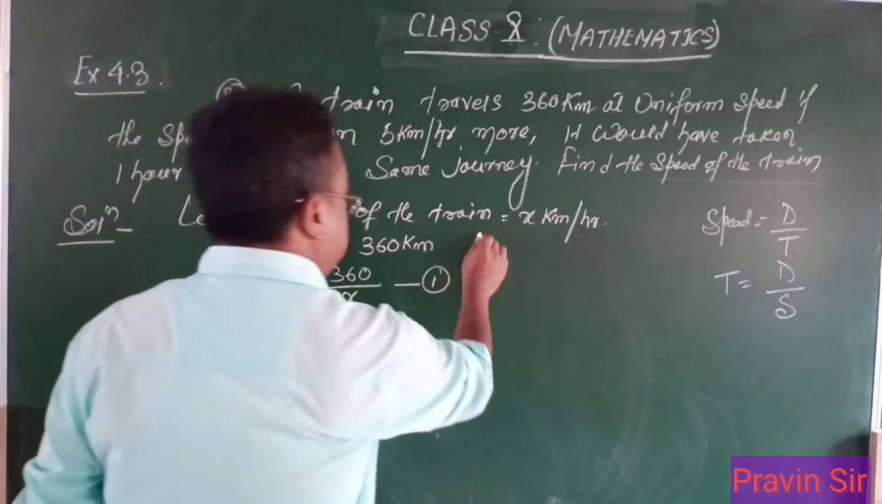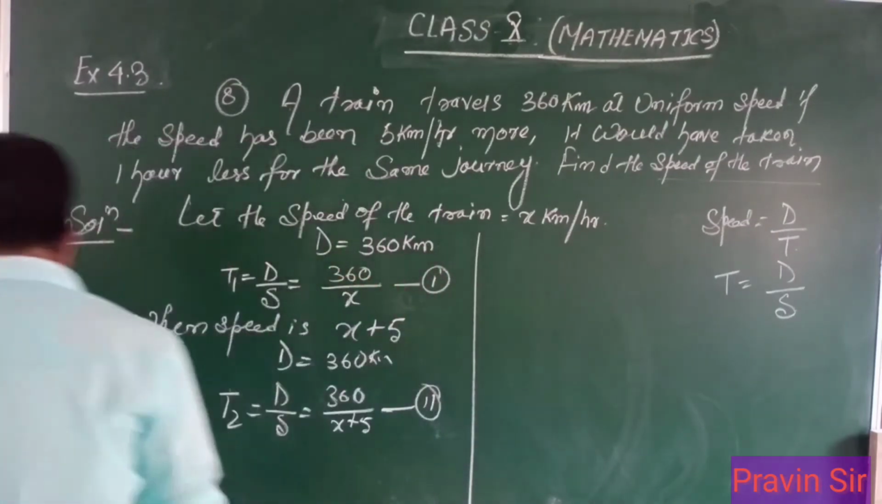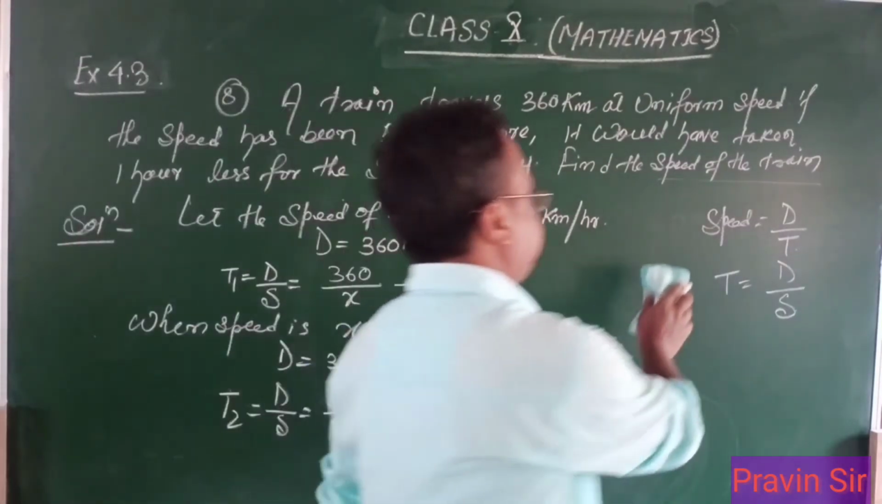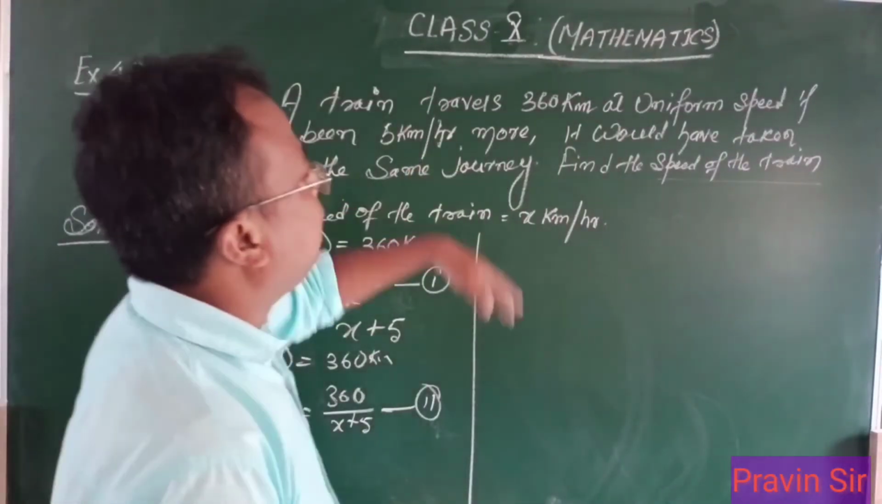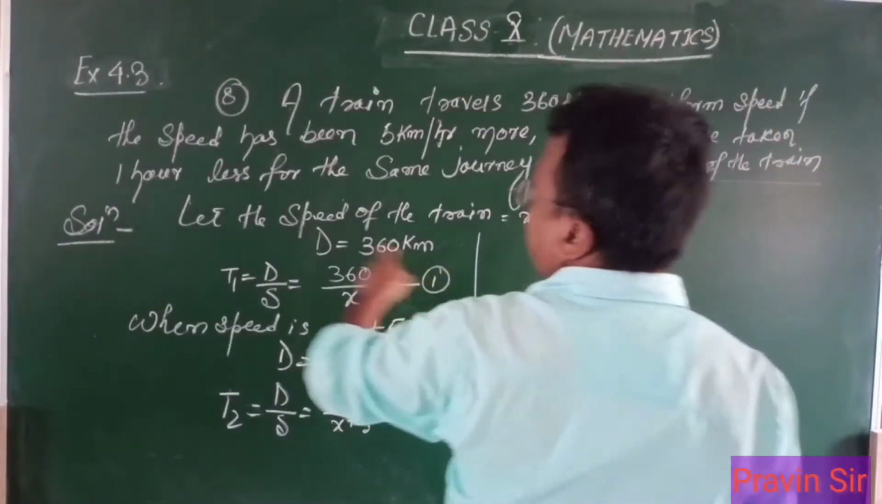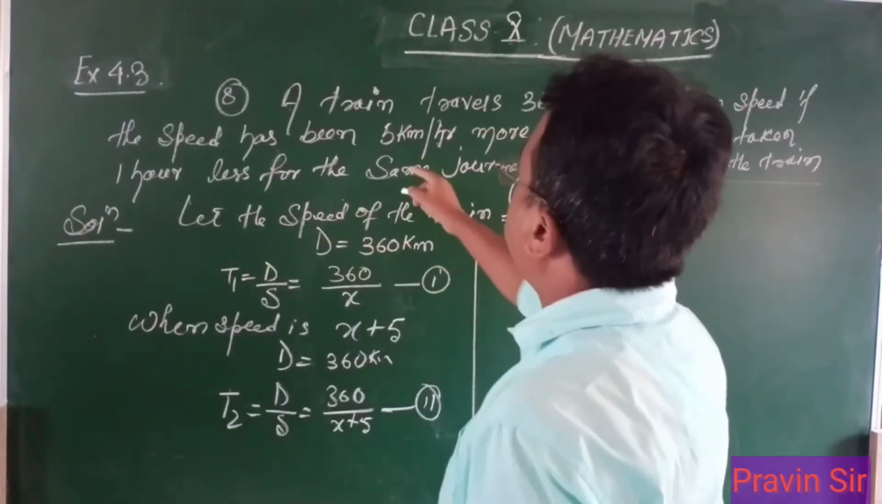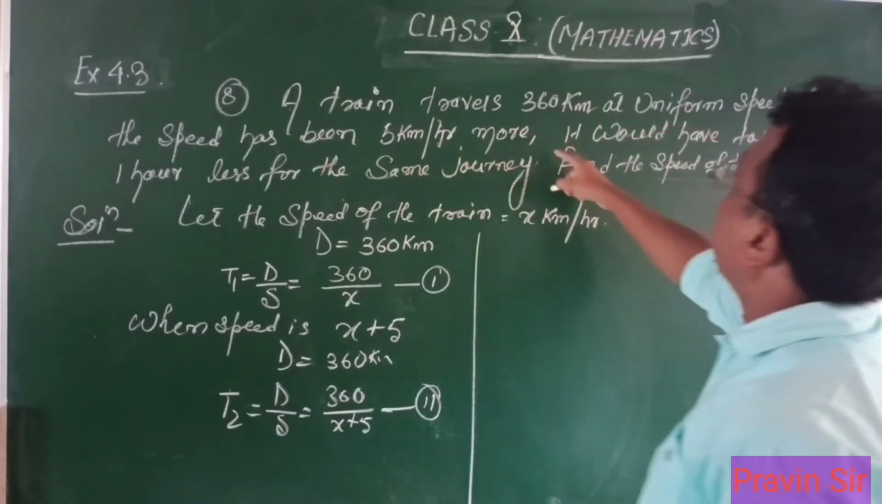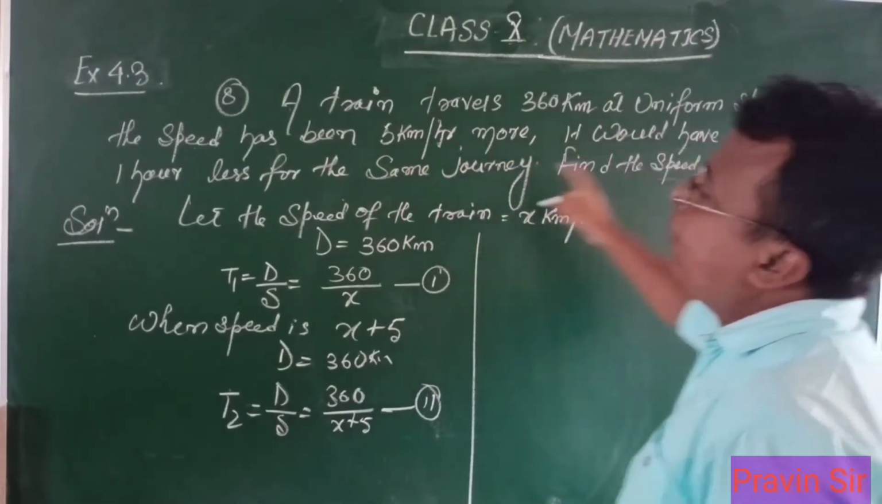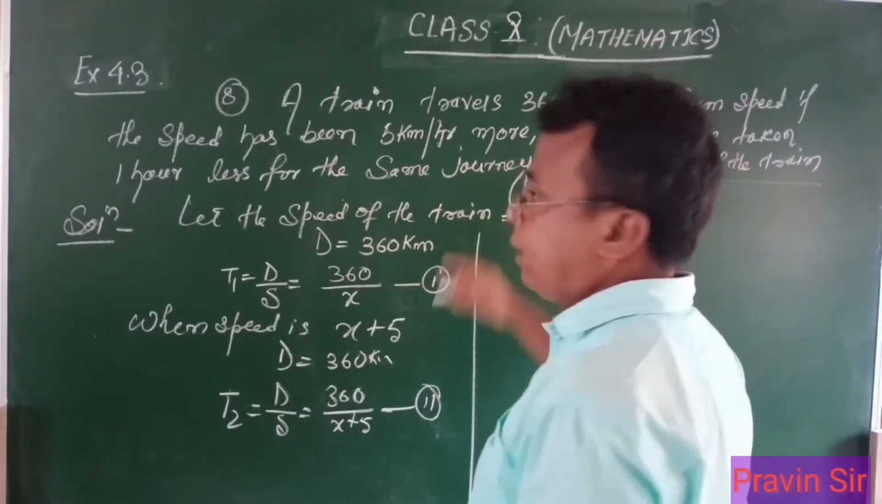Okay, now come to the main question. What does the question say? Let us see now the next part. Up to this, it is finished. If the speed has been 5 km more, it would have taken 1 hour less for the same journey. Okay, now